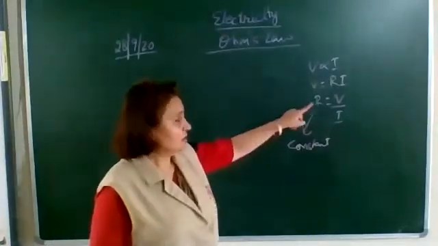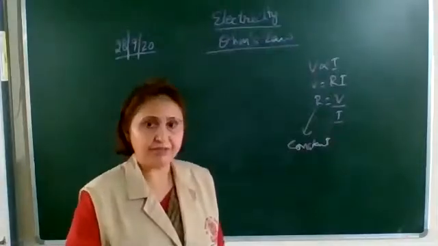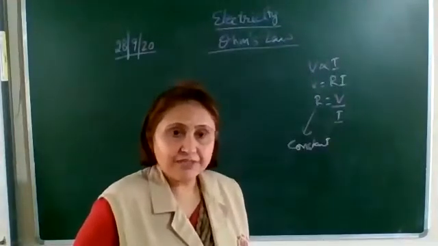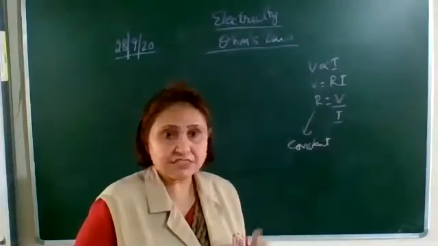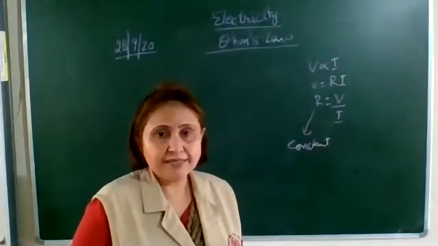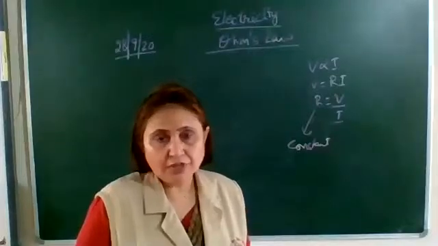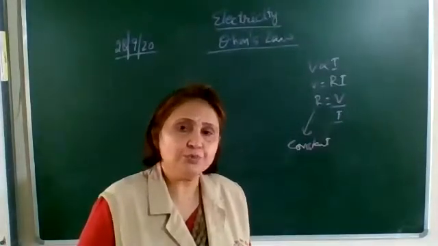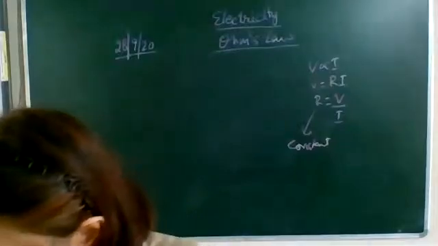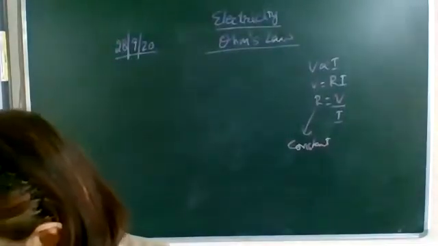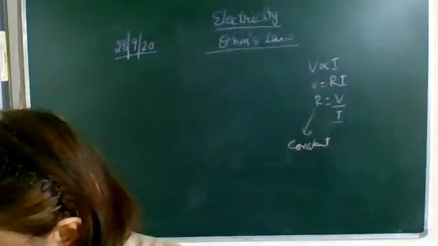Okay, so if the resistance is more, the current flowing in that conductor will be less. And how can we regulate the current? There is a device called the rheostat which changes the resistance, and hence the current can be changed. Okay, now there is one activity to prove Ohm's law, which is activity number 12.1. Okay, let's read it and then I'll explain.